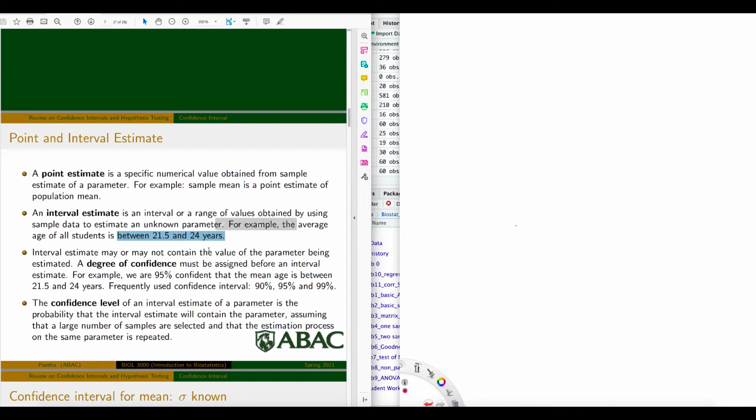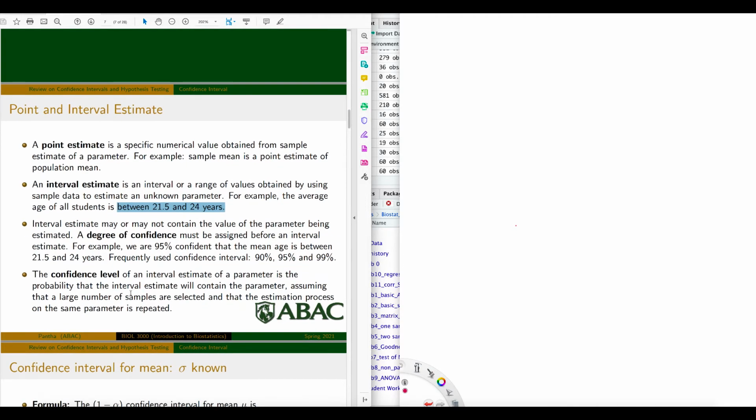So in point estimate, you give a number. In interval estimate, you assign a range of numbers. Okay, guys. So interval estimate may or may not contain the value of the parameter being estimated. Sometimes the interval estimate may not contain the real value of the parameter. A degree of confidence must be assigned before an interval estimate. For example,